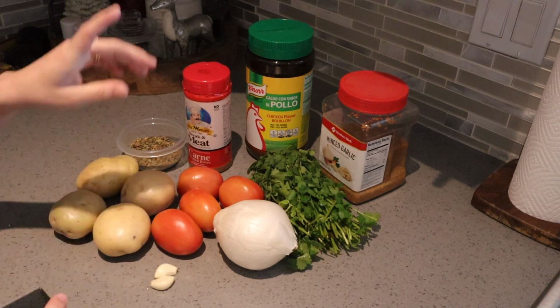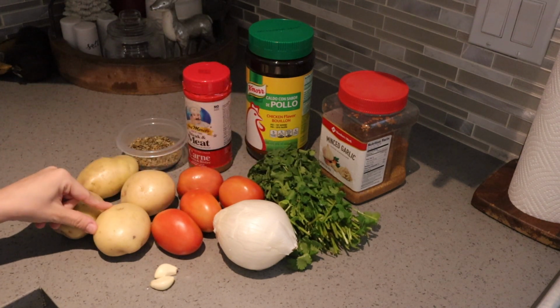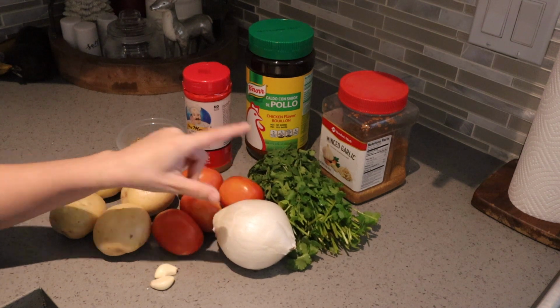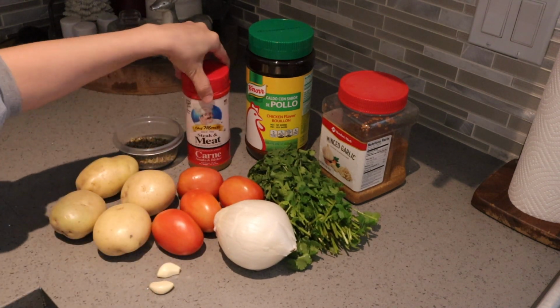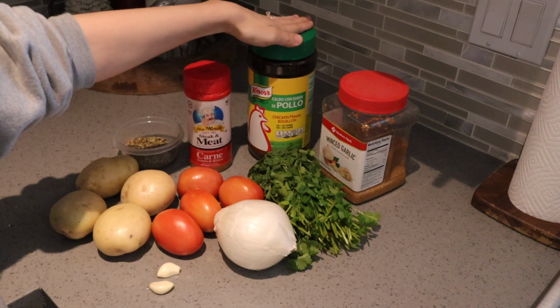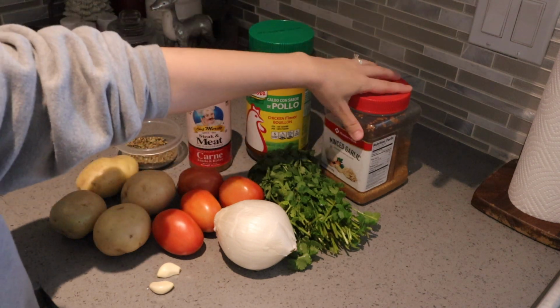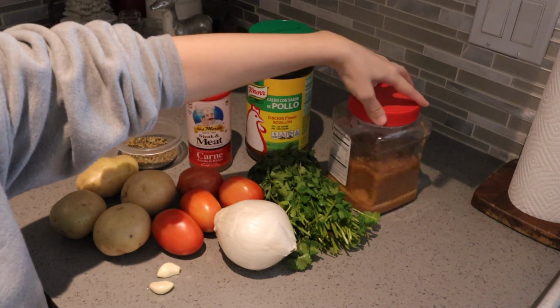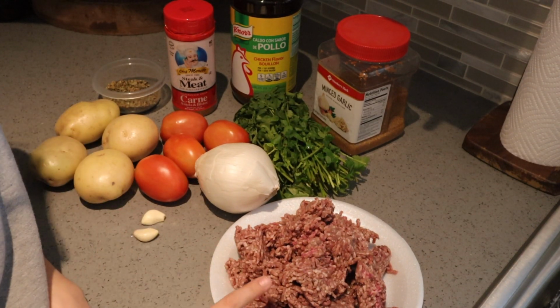We're gonna need cilantro, jitomate, unas papas, cebolla, unos dientitos de ajo. Vamos a usar mejorana, un sazonador para la carne, poquito de siempre se me olvida cómo se llama. Y también voy a usar poquito de ajo ya picado. Y también, pues claro, vamos a ocupar la carne molida,